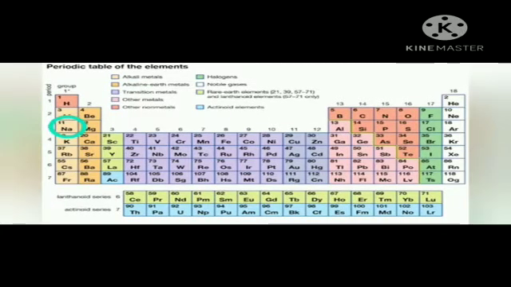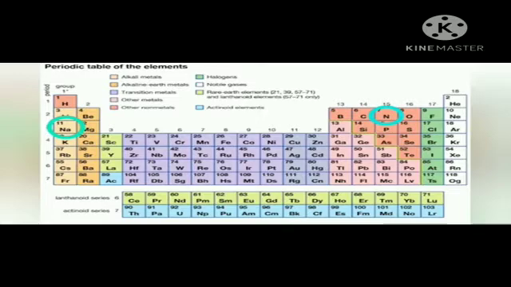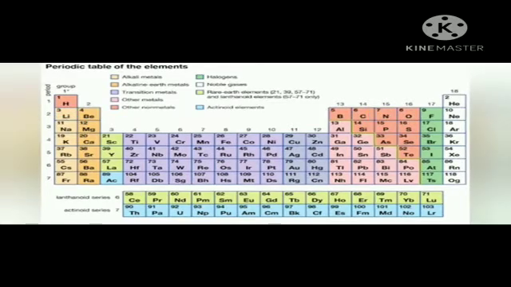But if you compare sodium and nitrogen, sodium is a metal and nitrogen is what? Non-metal. So they are kept in different groups, or different vertical columns, right? And sodium is a solid and nitrogen is a gas, and sodium has one valency electron while nitrogen has 5 valency electrons, right? Now the table you see here is actually a modern periodic table.